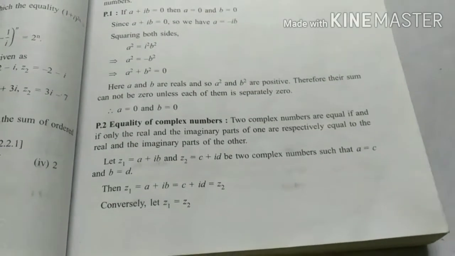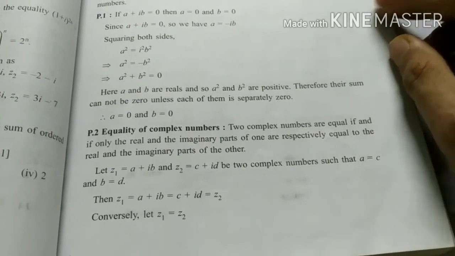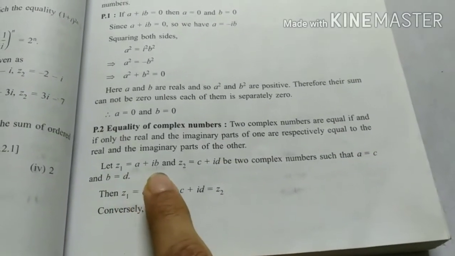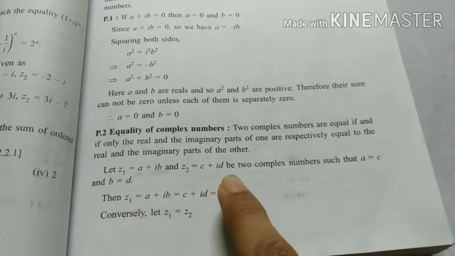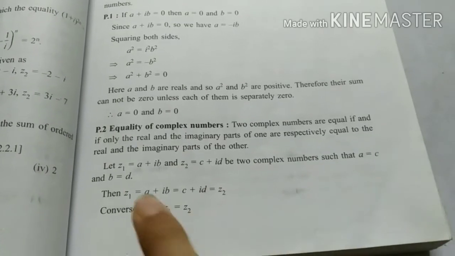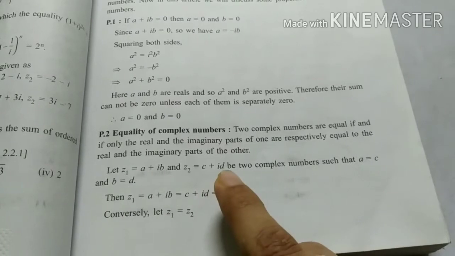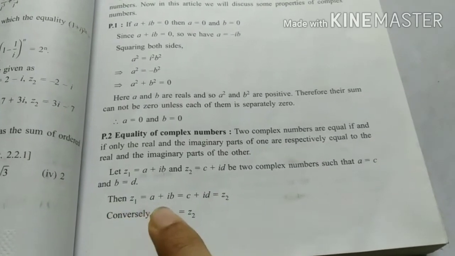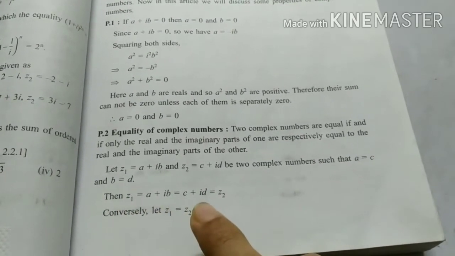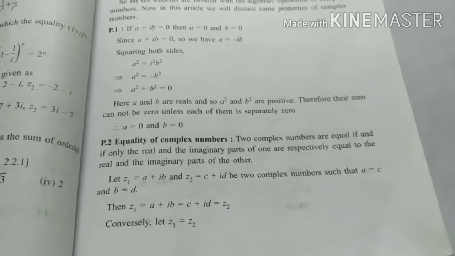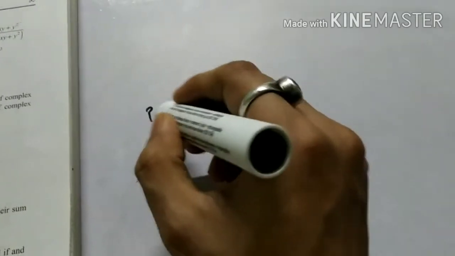So in here you see, let z1 is equal to a plus ib and z2 is equal to c plus id be two complex numbers such that a is equal to c and b is equal to d, then z1 is equal to a plus ib is equal to c plus id is equal to z2. That means property number 2, what it is saying,